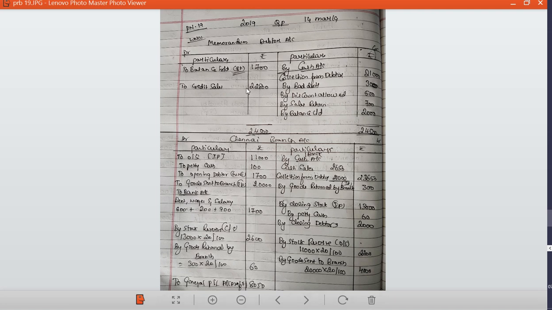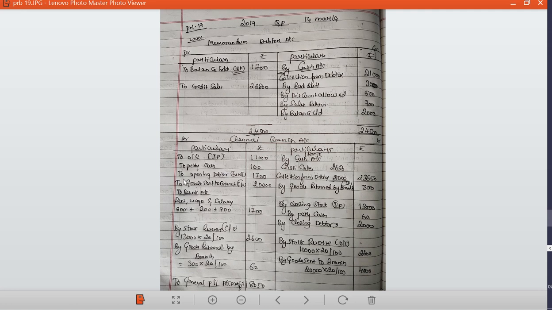Now, let us record the transactions which are given. They have given credit sales 22,850 and they are collecting the amount from the debtors. Collection from debtors is 21,000, bad debts 300, discount allowed 500, sales return 700, and the closing balance of the debtors, by balance carried down, 2,000. The credit side is more, 24,500. From 24,500 minus 22,800 the balance is 1,700. That is the opening debtors, which will be recorded under the debit side of the branch account.